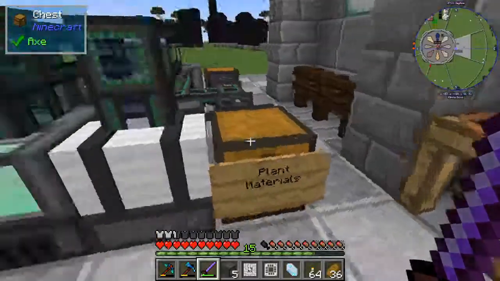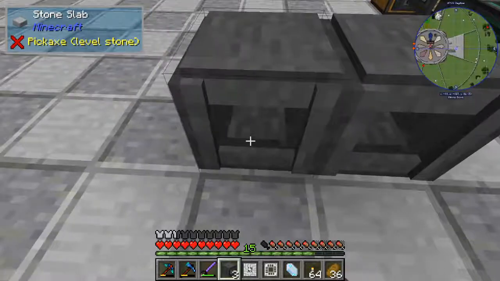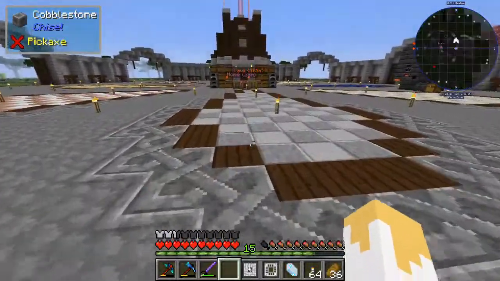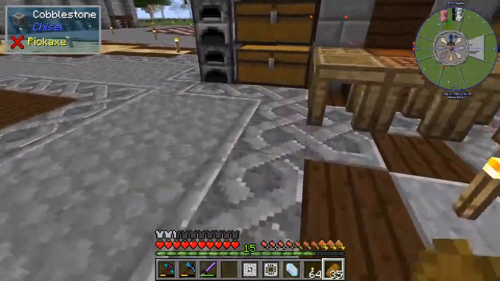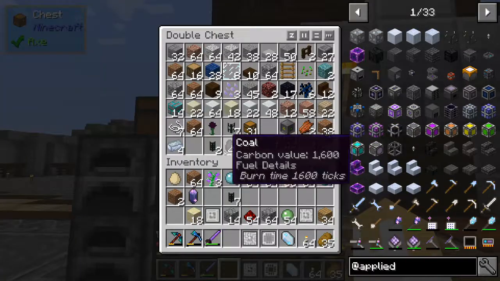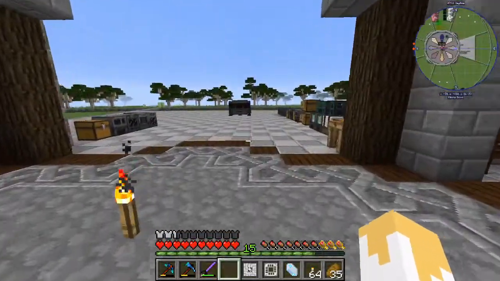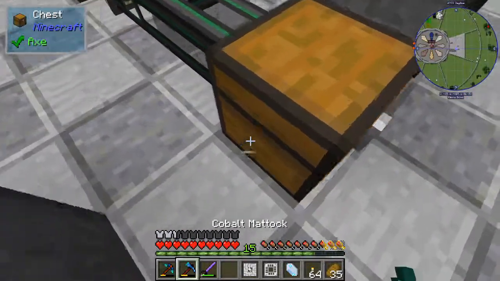Okay, there's our 5 inscribers. Now, if I were to put these down here and run power to them, the reason I made 5, you could just make 1. If you don't have all the resources that I have at the moment, you could just make 1, but you're going to have to pull out the press and change it to whichever one you need, and I'll tell you what that means here in a minute. Okay,